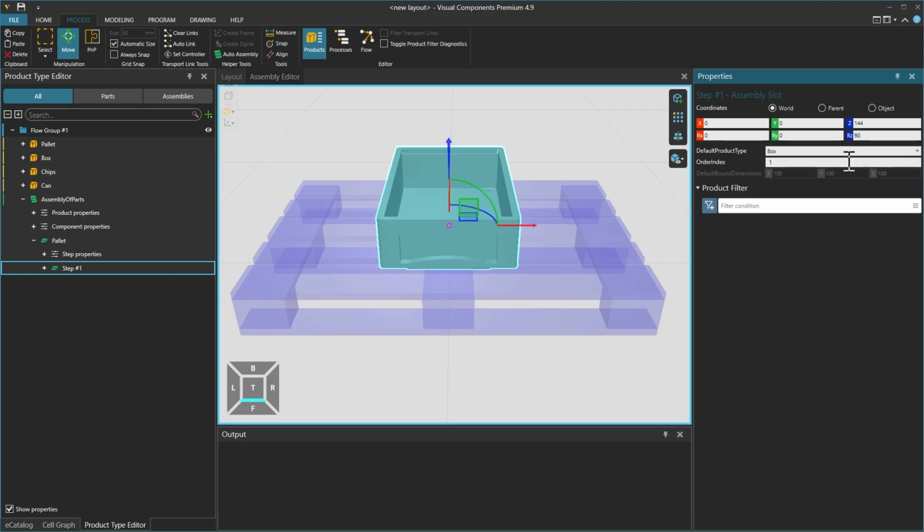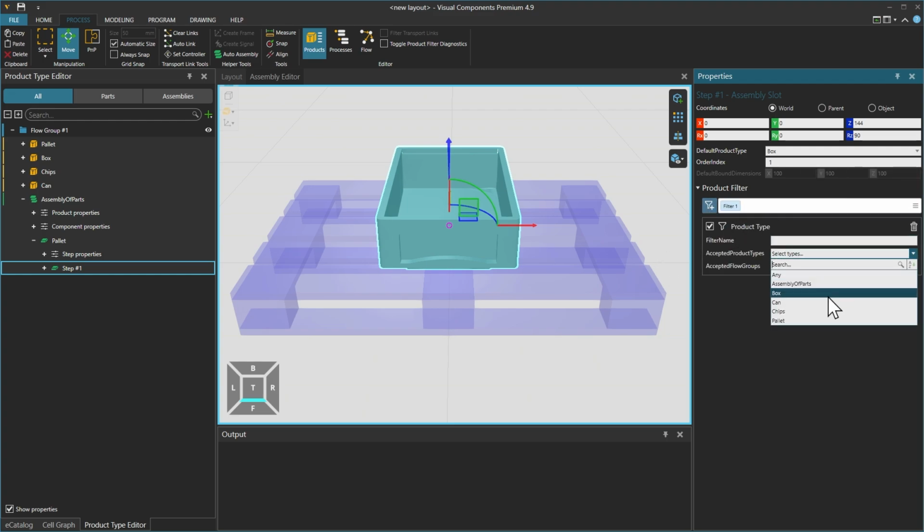The order index defines when the parts will enter the assembly, in ascending or descending order. Right now we will keep the order index as it is, and when we automatically add parts, they will be in ascending order. And we can add a product type filter, and set the accepted product types to box.